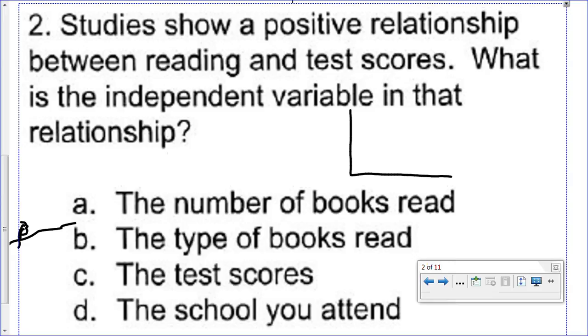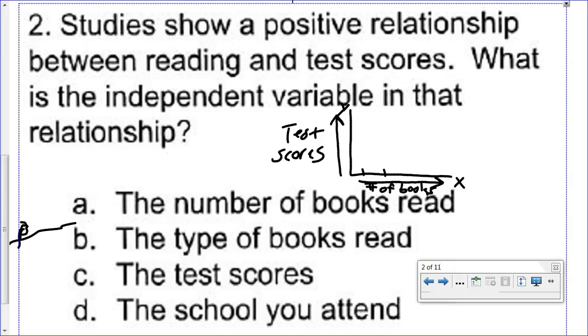Okay? Now, typically the independent variable is always going to be on that axis of a graph, if we were to graph this, and the dependent variable will be on this axis, okay? Which is the x and the y normally when we graph things. So if this happened to be number of books read, but we'll leave off read, and this is test scores, okay? A positive relationship